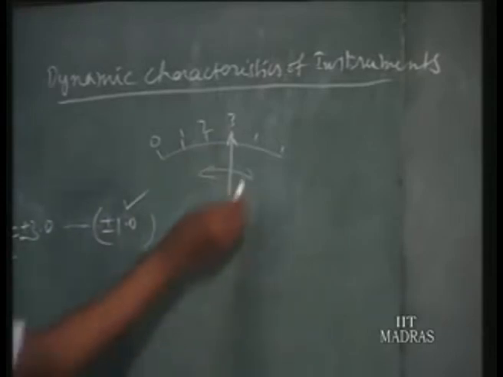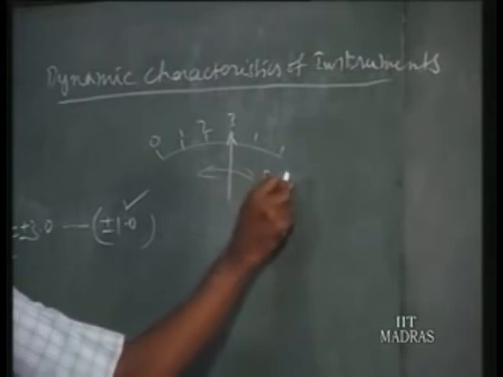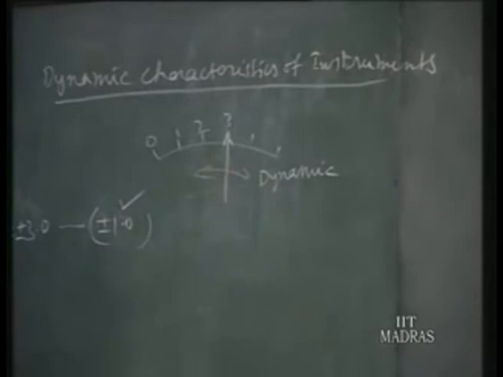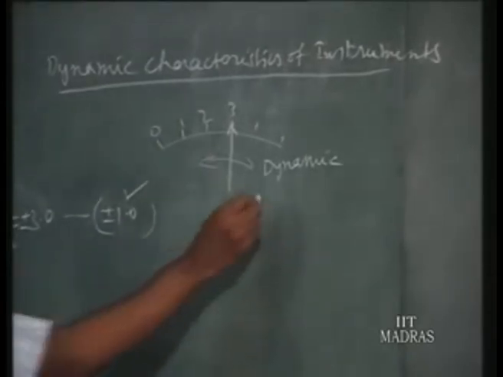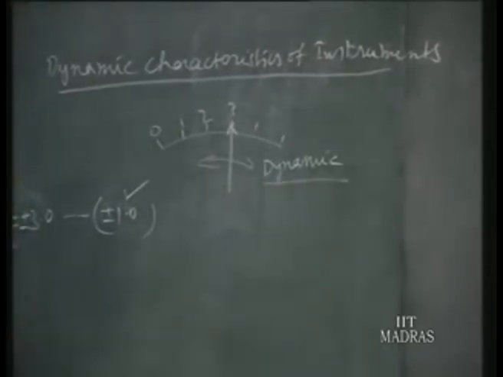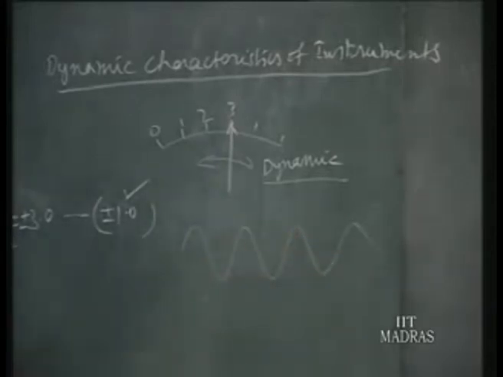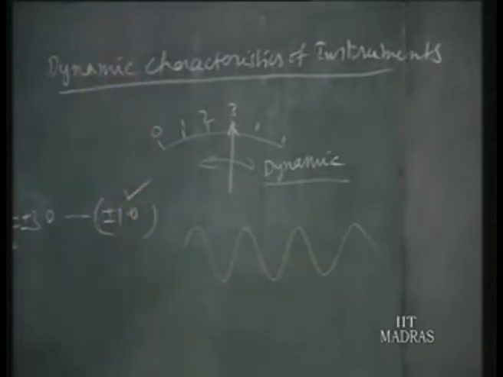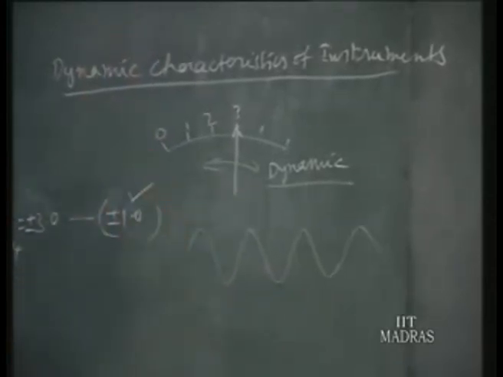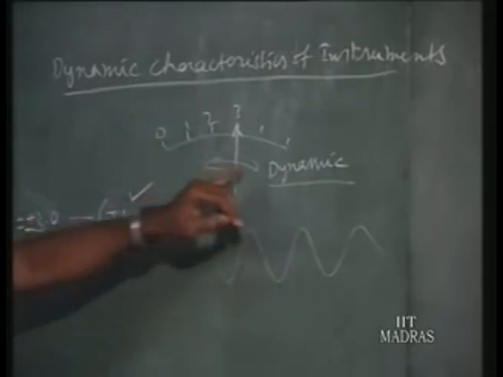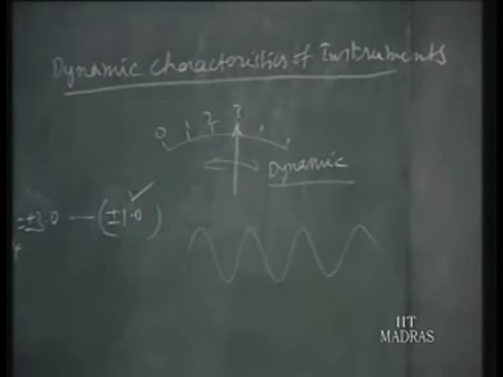Such oscillating signals are called dynamic signals. Dynamic means always changing. So it is a changing signal, and you cannot make any reading there. In such instances, how do we study such things? In that case, we go for recording. You record the variation of the signal, and later on analyze. Because with a static signal you can note down and tabulate the output signal for different conditions. But such tabulation is not possible when the signal is varying or dynamic in character.